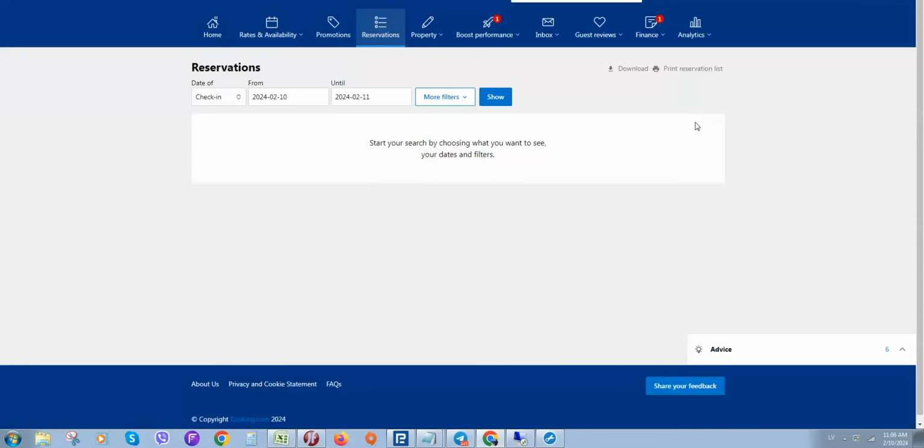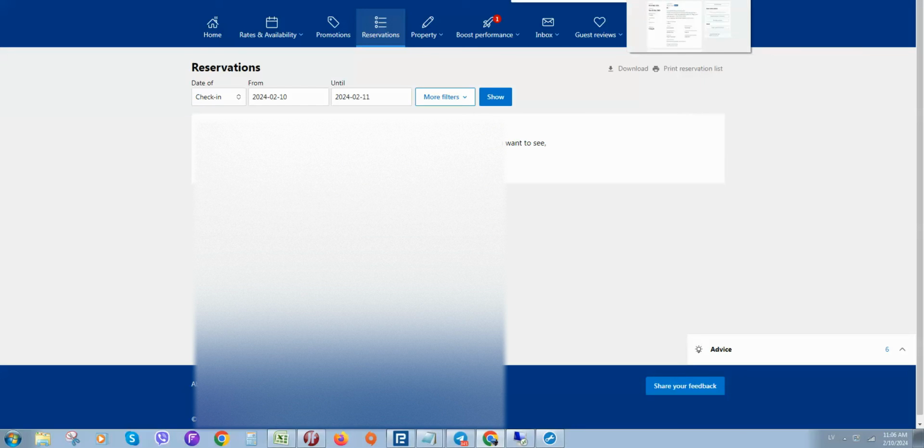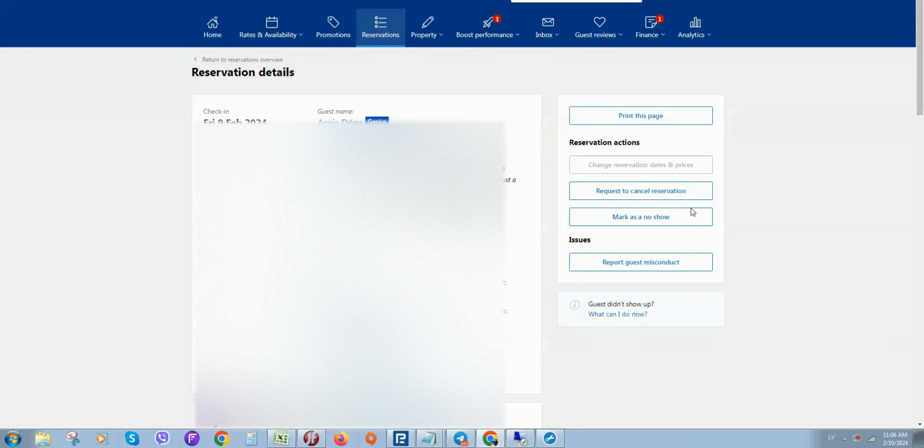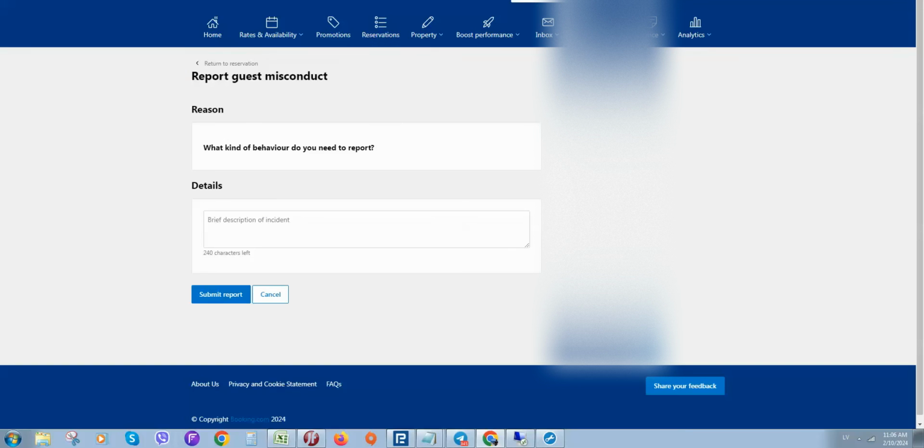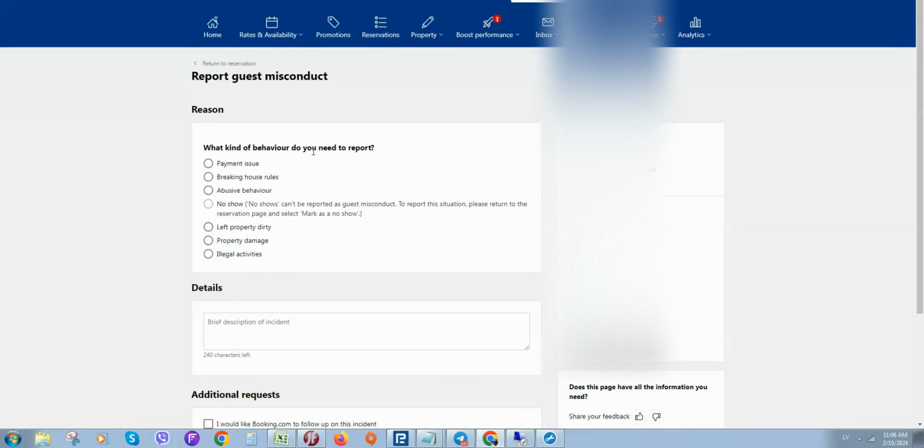Select the one you need, and after that, open the reservation, and here you can see on the right section what you can select. So mark as no show if the guest didn't arrive, and if you have a problem with the guest, click on report guest misconduct. So click on it, and here you need to select what kind of behavior you need to